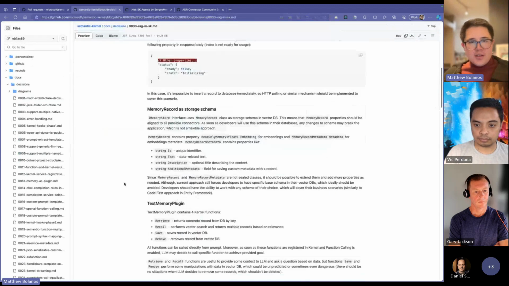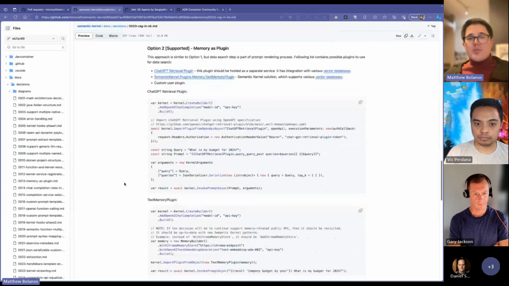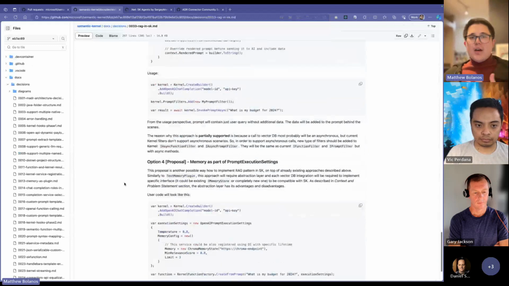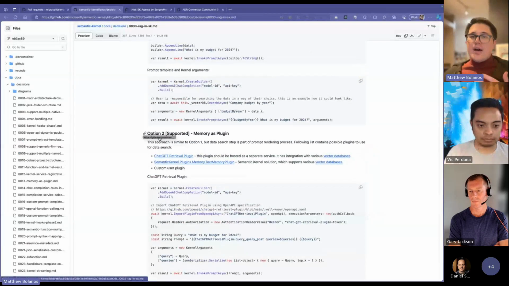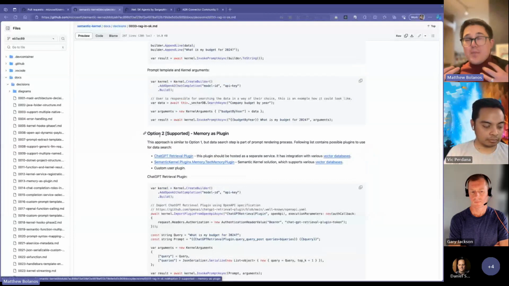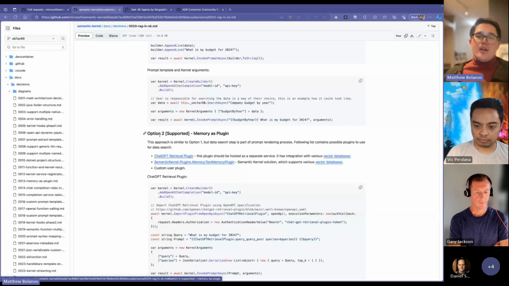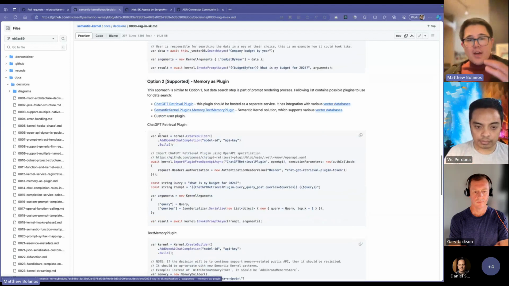We have about a handful of options that we're considering, many of which are already supported today. We're really trying to choose the hero way of supporting memory so that we can update our documentation and improve the API before making all of these memory connectors non-experimental.